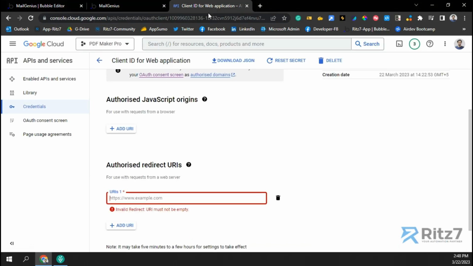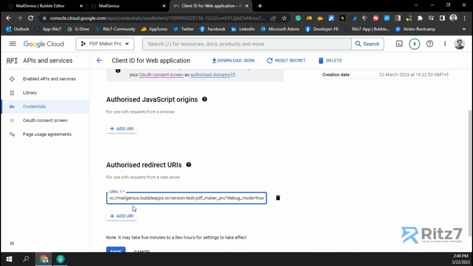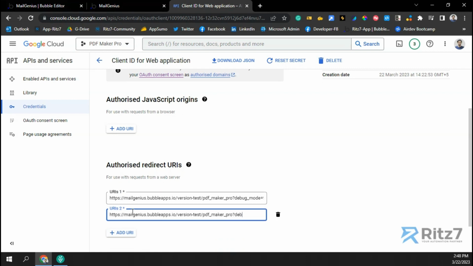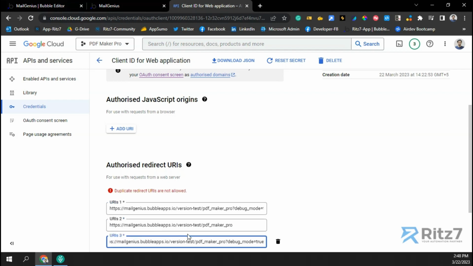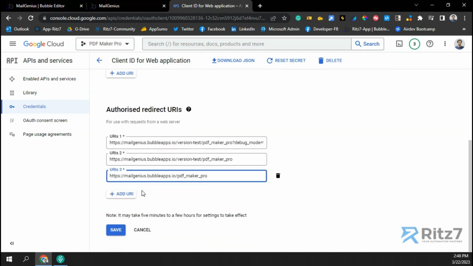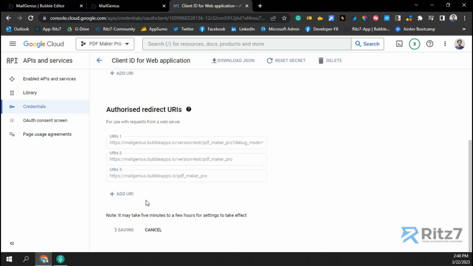Take the link and add it over here. You can add as many links as you want, which can be different. So for example, you can have a link with the debug mode equal to true and a link without debug mode equal to true. You could also add links of the live version, generally without the debug mode, right? So once you're done with this, click on save,